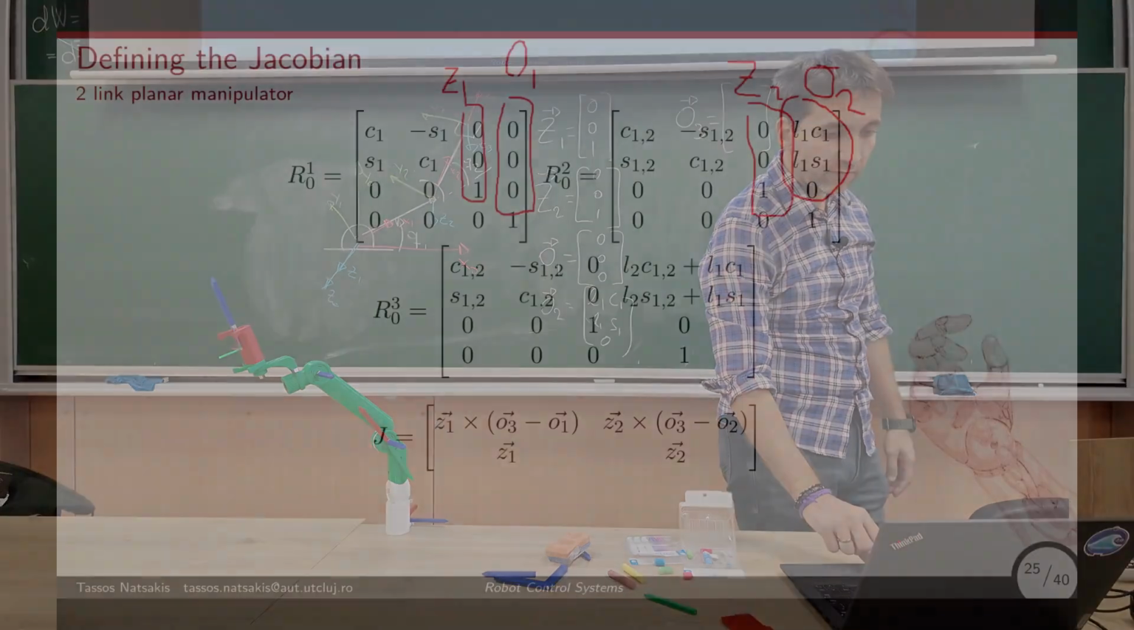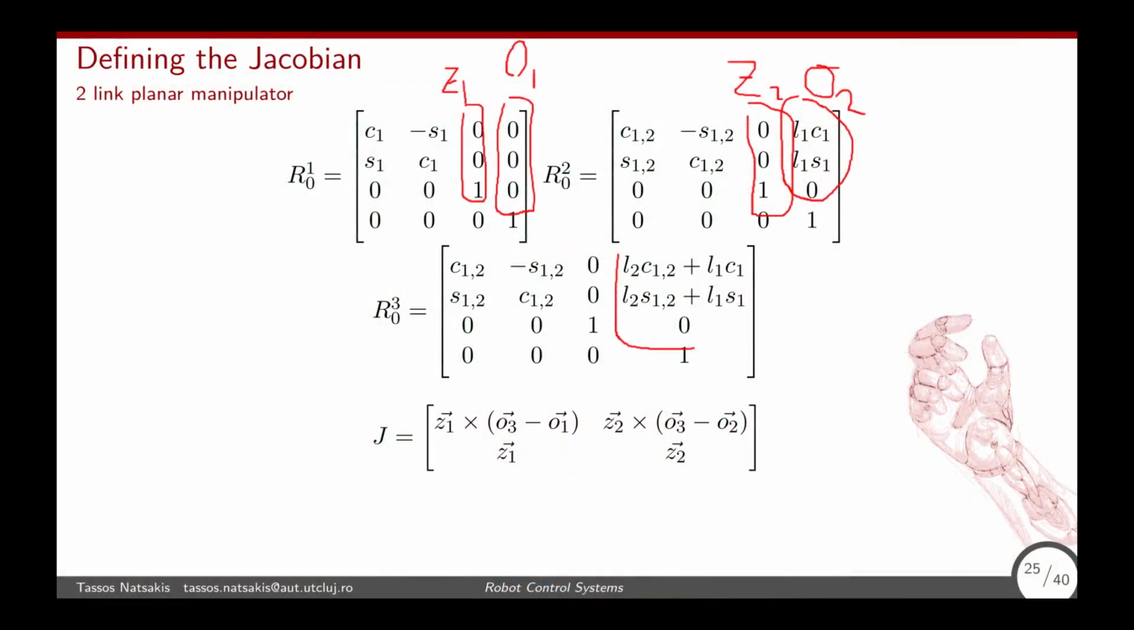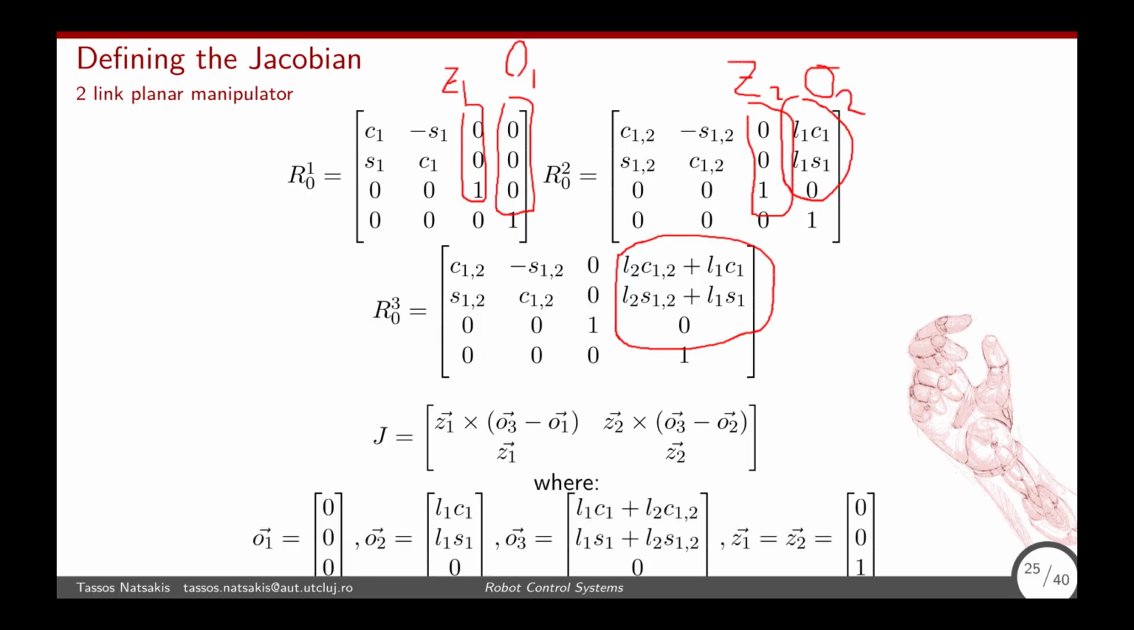It is the last column from R03. All right? Good. I'm not going to write it down. So that's basically it. If I do these operations that are described there, the cross products and so on,